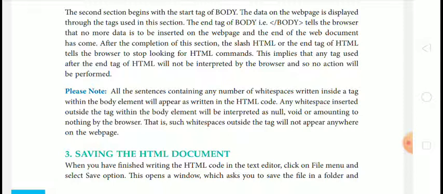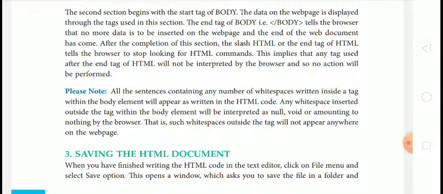The end tag of body is /body tag that tells the browser that no more data is to be inserted on the web page and the end of the web document has come.